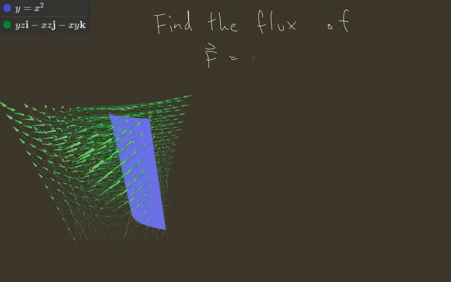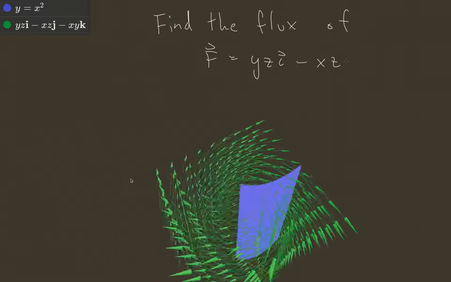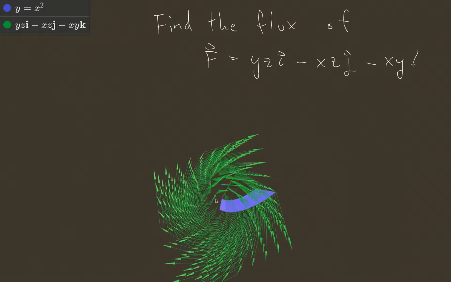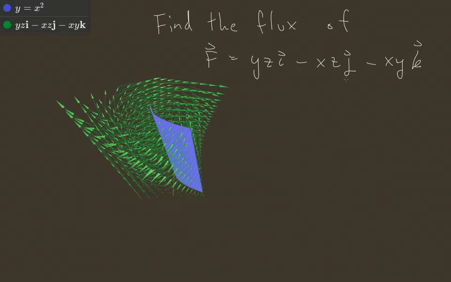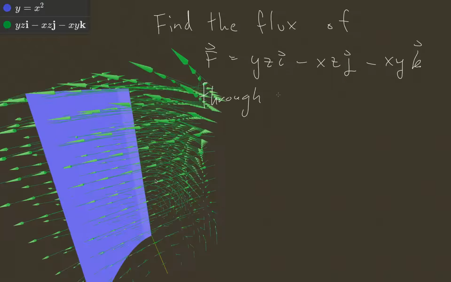So let's do a vector field example. We'll find the flux of the vector field F equals yz i minus xz j minus xy k through the